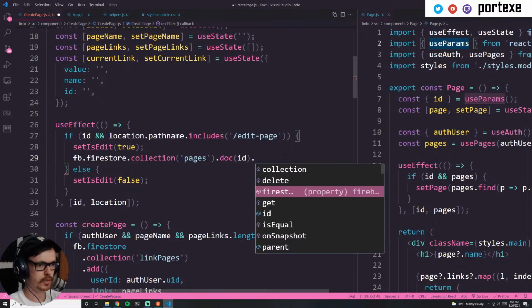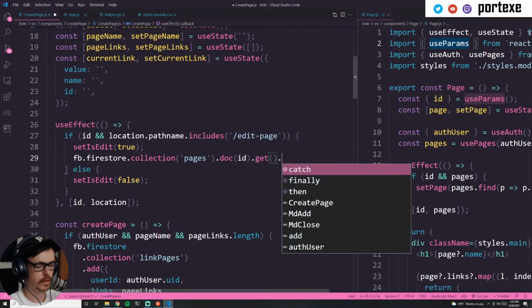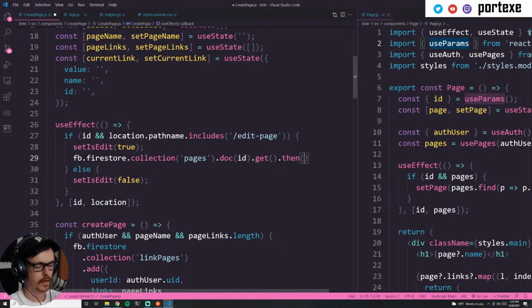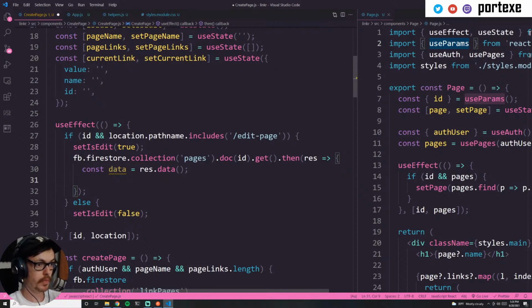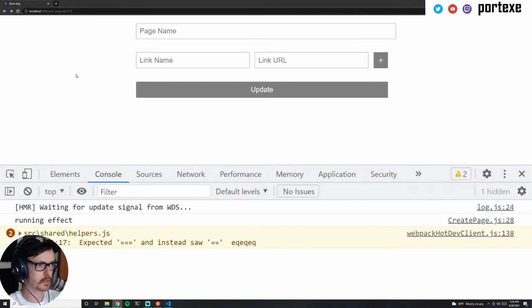So let's get this. Yeah, let's get it. Then res. Okay, so I think at this point we need to pull out the data or something from the doc. So maybe res isn't the best thing to do here. So let's say const data equals res dot, I think it's data, right? And that's a function. Perfect. So now I have the particular page. Let me log the page. In this particular case, it's not going to exist because I just put the ID as like ABC112, which isn't